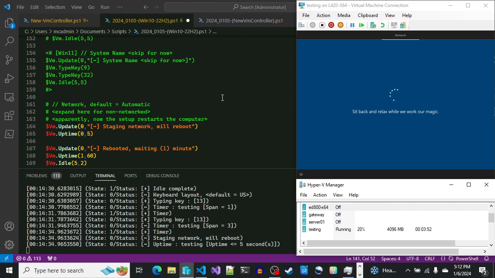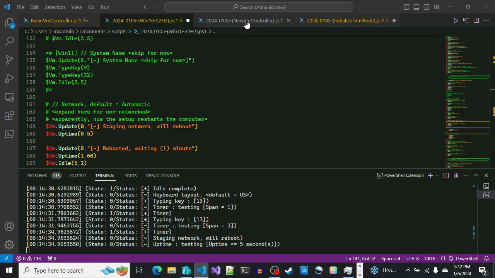Now, the Windows 10 installation hasn't always done this, where it'll automatically reboot the computer after setting up the network settings and stuff, but it's doing that now. That takes a minute. I don't know why it takes a minute, but I'm going to cover this a little